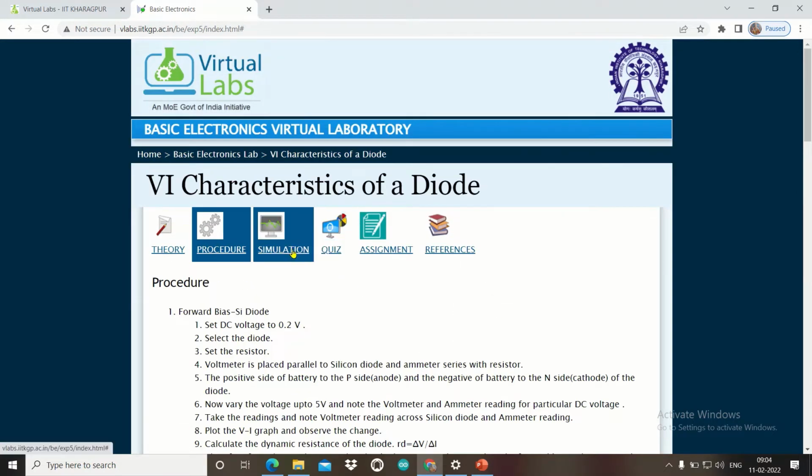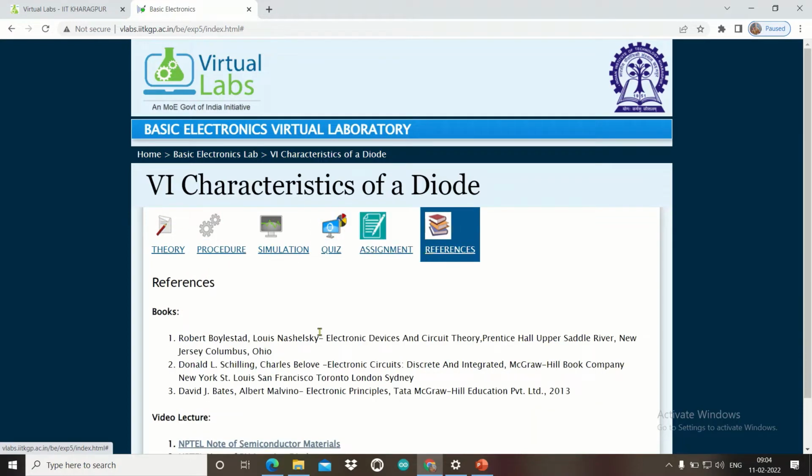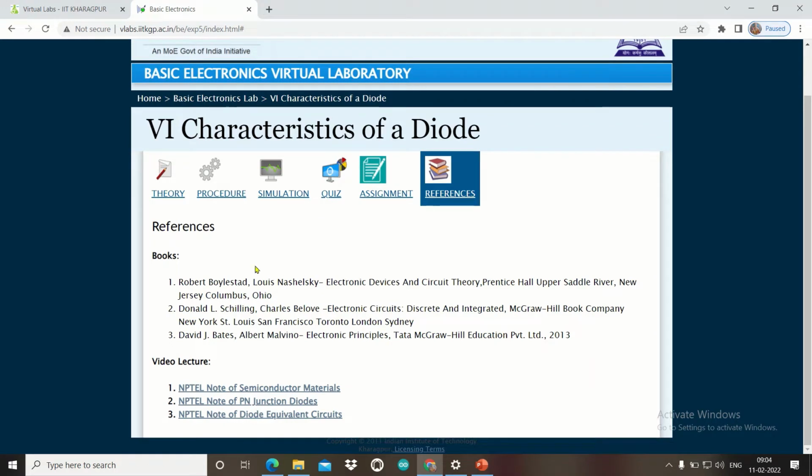And then comes the simulation. There is a quiz session also, so that you can test yourself while going through it. There is some assignment, and in the reference section you will find the books from which you can go for further reading. There are also video lectures that are available on NPTEL. So this is a very comprehensive manner in which you can definitely get a clear, crisp